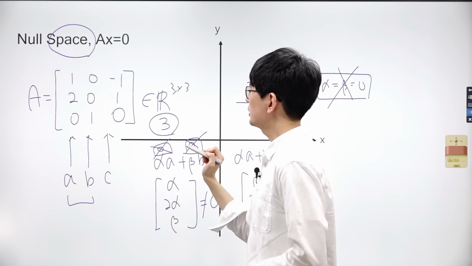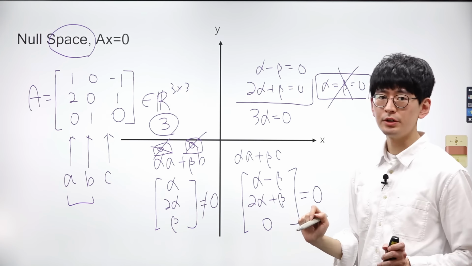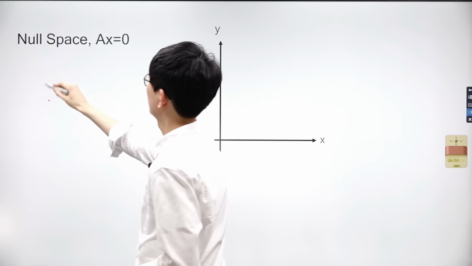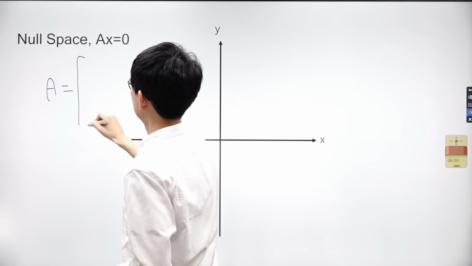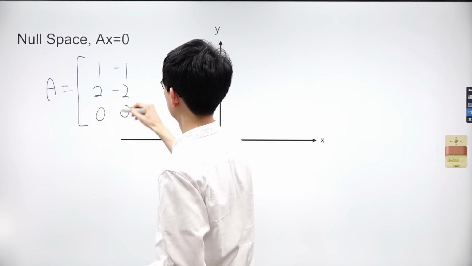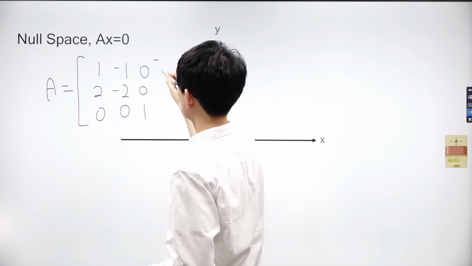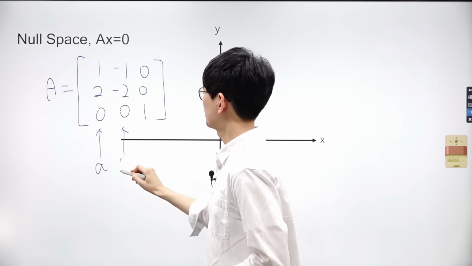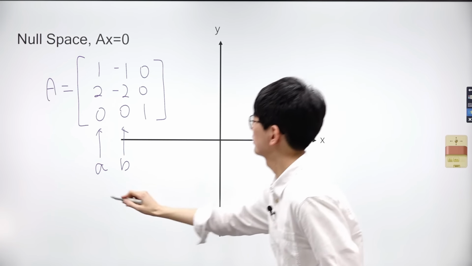Similarly, vectors B and C also prove to be linearly independent. Hence, every pair of vectors in the matrix is linearly independent, resulting in the matrix achieving a full rank of 3. Let's consider a new matrix A consisting of 3 vectors. Let's denote the first vectors as A and B, respectively.